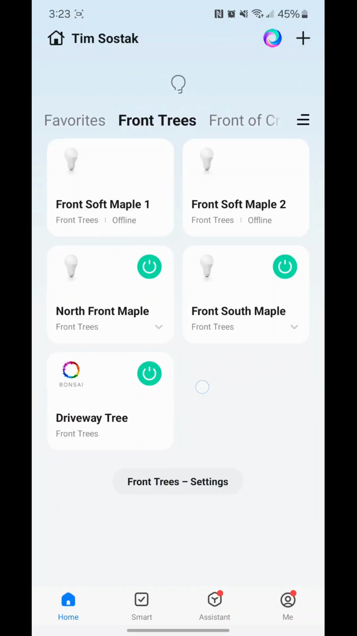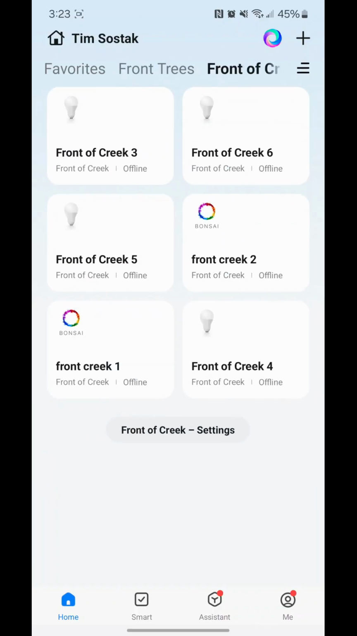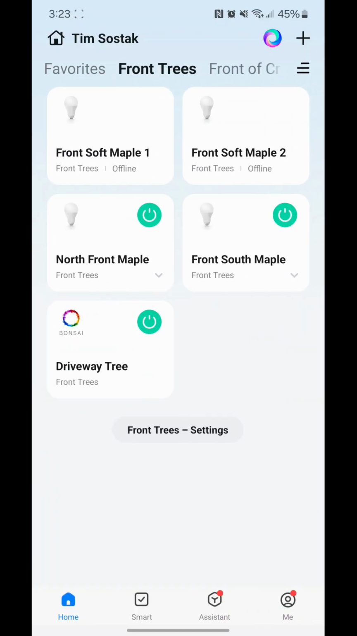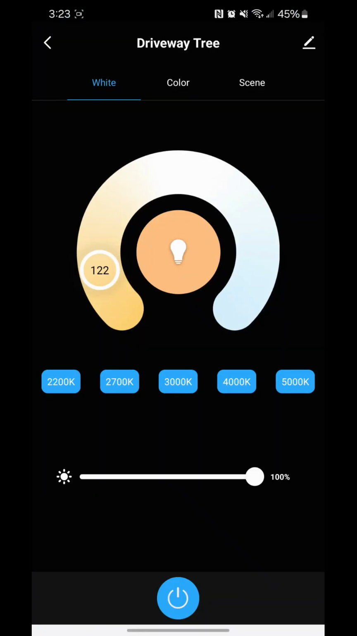The other thing you can always do is you can just pull down and refresh your screen. These lights have built-in repeaters, so they will not only receive the signal, but they repeat the signal as well. So now that my lights are starting to come online, one of the things I can do is I can just click anywhere in this driveway tree light, and I can go ahead and